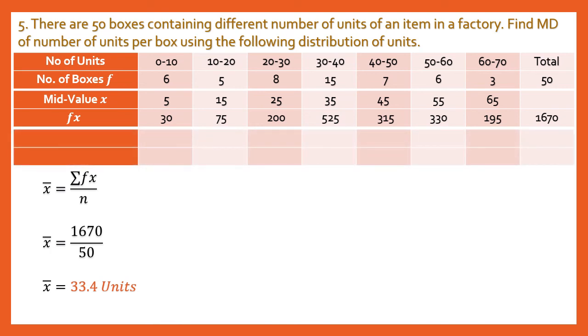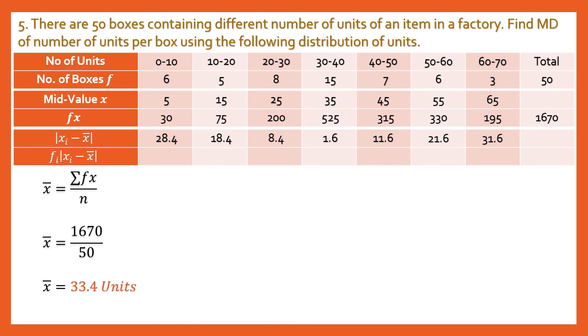What we need to do here is subtract the average units per box from all the mid values. Now that's going to give you a lot of decimal values. For example, the first mid value is 5, so 5 minus 33.4 and the absolute value is 28.4. Similarly 18.4, 8.4, 1.6, 11.6, 21.6 and 31.6. I am subtracting the mean from all the mid values one by one. So mid value minus mean, mid value minus mean. Go that way. If you do it in reverse, I can't guarantee you get the right answer.